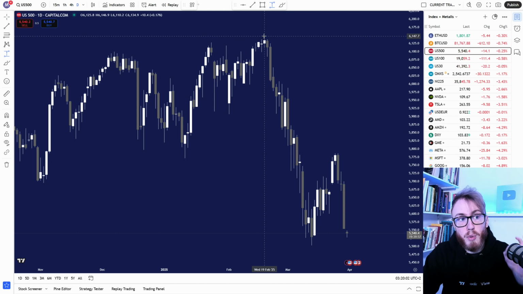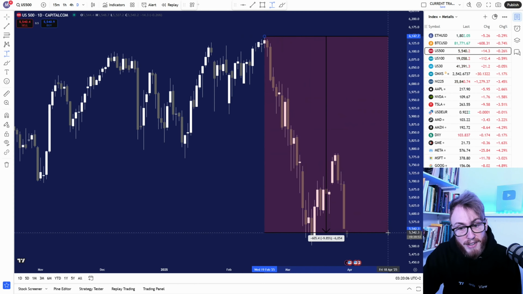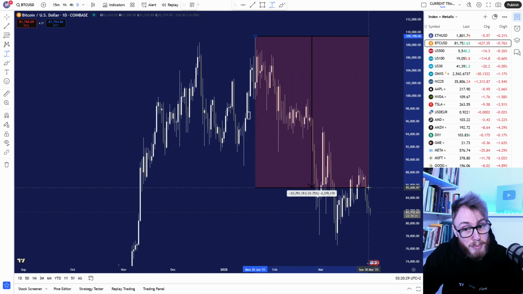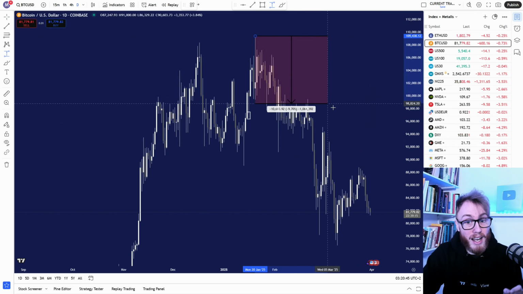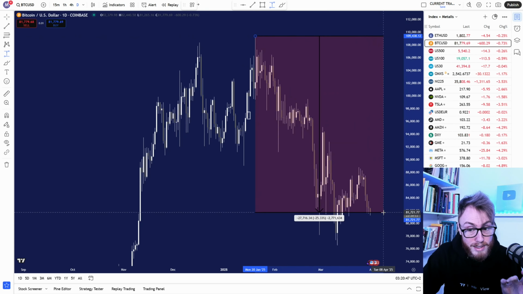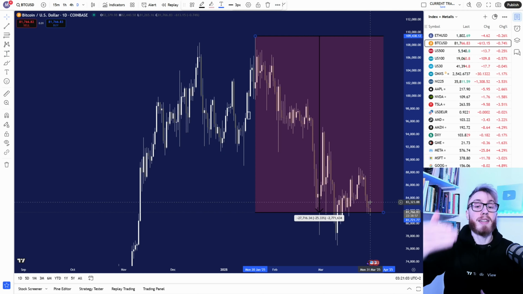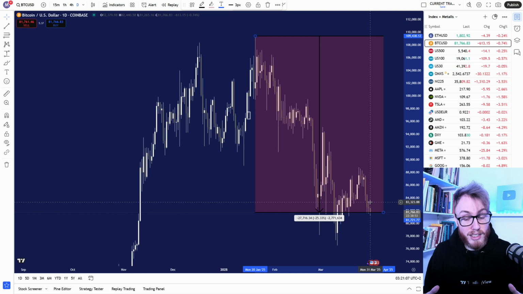And as we can see, if we jump into TradingView here, we can see that currently the S&P 500 is down around 10% since its peak. However, if you look at crypto, the story is a bit different. As we can see, Bitcoin has fallen more than 20% from the peak. So if we define a bear market as being down 20% from the peak, crypto is actually already in a